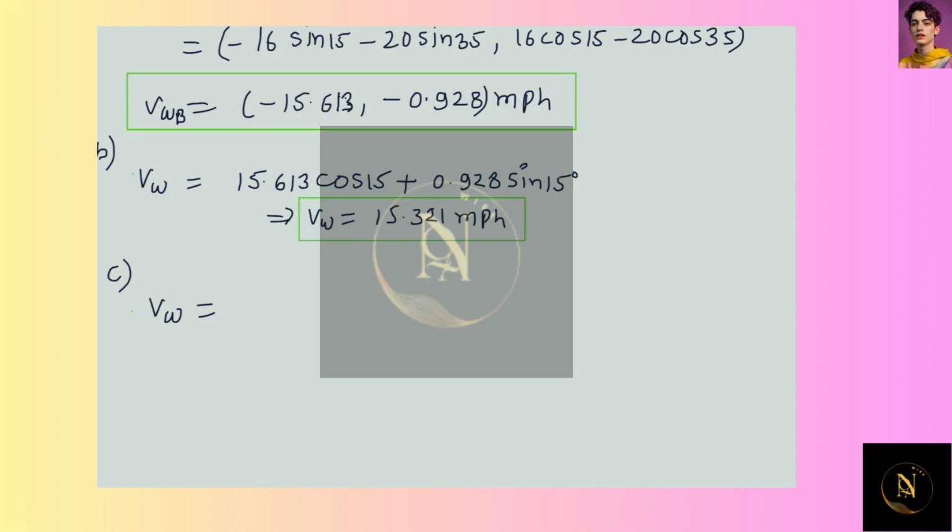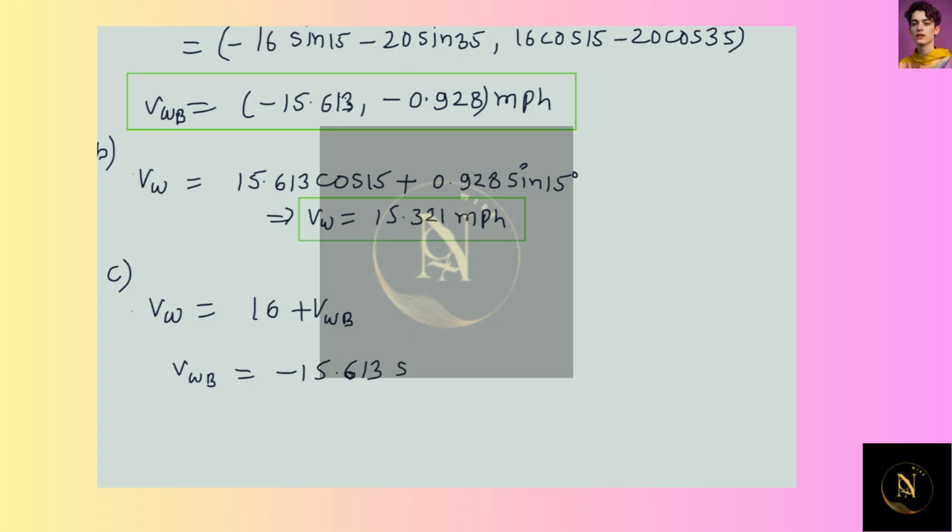So velocity of wind in this part will be equals to 16 plus velocity of wind with respect to bicycle, and velocity of wind with respect to bicycle in tangential direction Vwb will be equals to minus